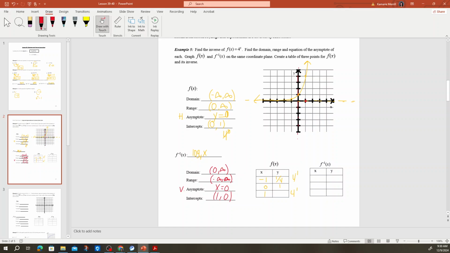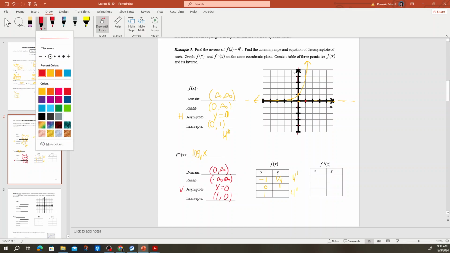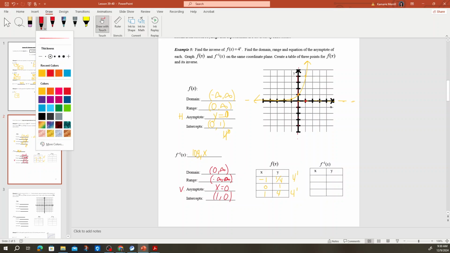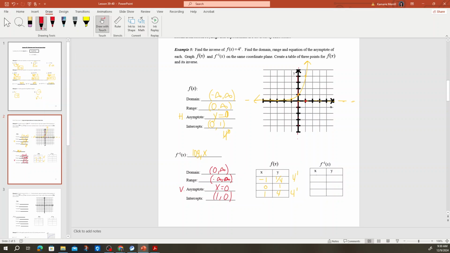Now, what else should be true with my points? What can I do with every single one of these points? You can do what with the x's and the y's? Switch them. And I will have a value at (1/4, -1), (1, 0), and (4, 1). So I have one at (1/4, -1), (1, 0), and (4, 1). And so notice what they look like when they're put on a graph together. Do they look like they're inverses? Are they reflective over the line y equals x, like we learned about inverses